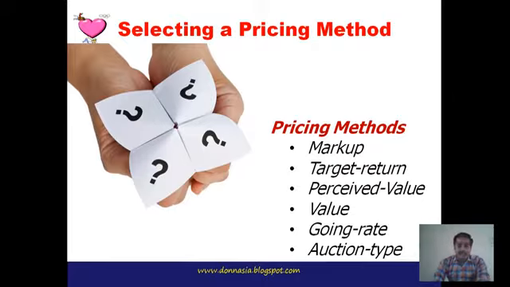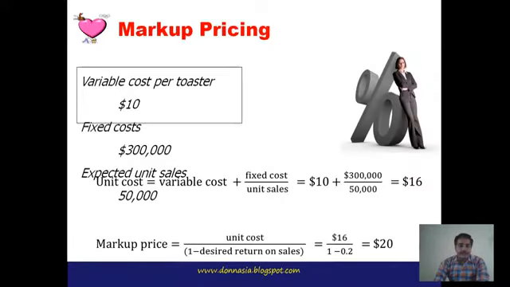So there are a number of different pricing methods available, out of which we need to follow any one of them. The pricing methods available are markup, target return, perceived value, value, going rate, and auction type. First, we are going to discuss the